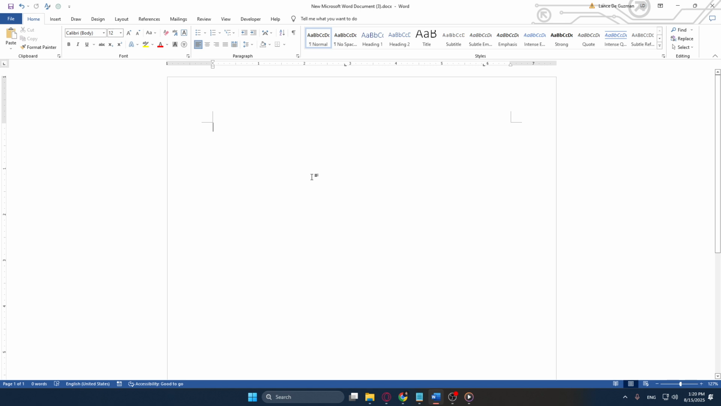No worries if your Word isn't already open. Take a moment to locate the file you're working on or simply open a new document, and we'll be ready for the next steps. Once your document is open, direct your attention to the top left of the screen and